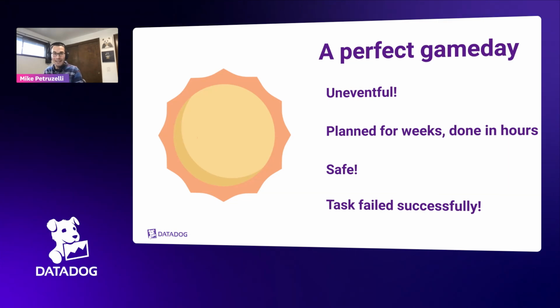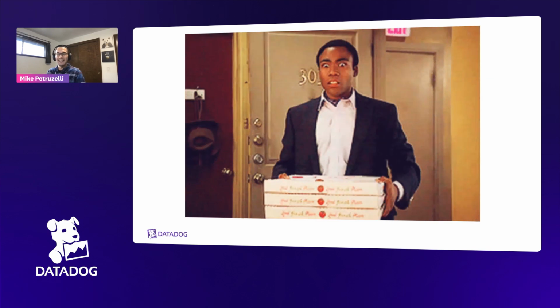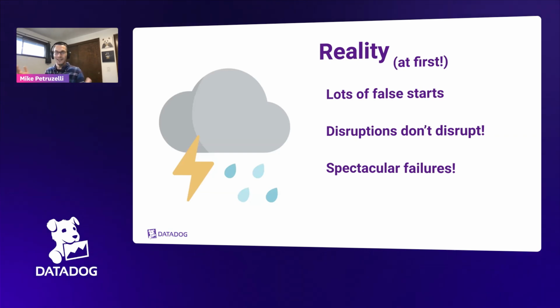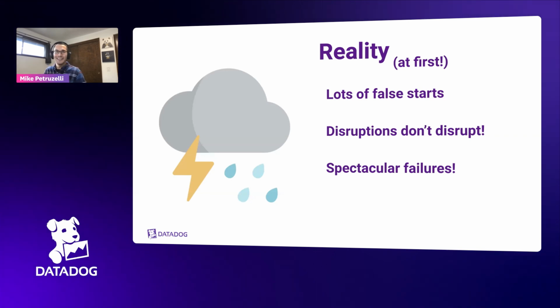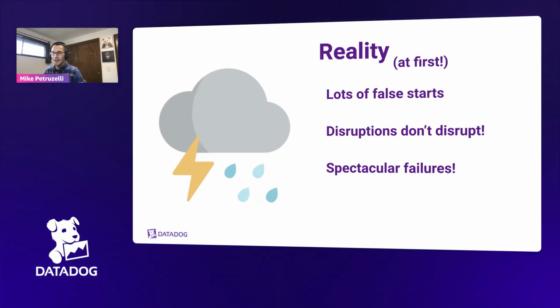Does that happen? Sometimes. More often, you walk into a bit of a situation and there's cleanup, remediations, and probably that next game day might just be an iteration. Especially at first, and I want to really emphasize that this is a muscle we're going to start building here. When things go wrong, they tend to go really wrong, and your controlled chaos goes uncontrolled relatively quickly. Our intent is to try and manage that, but depending on how well your mitigations work, those can get out of control.